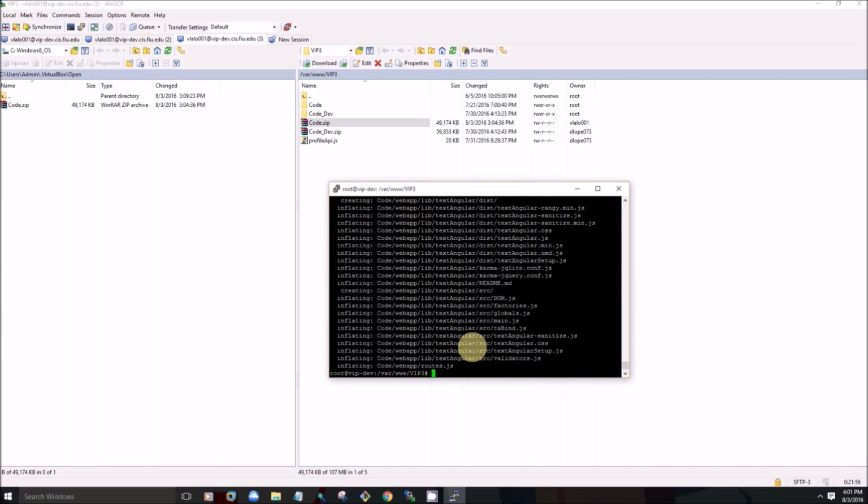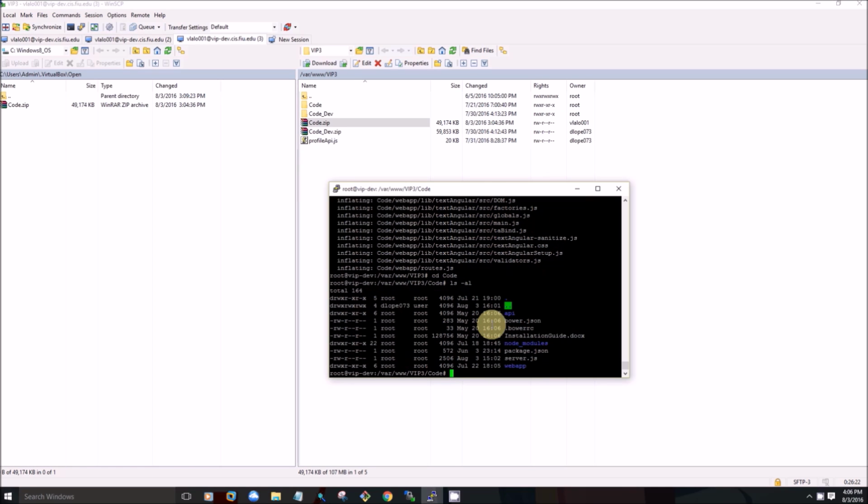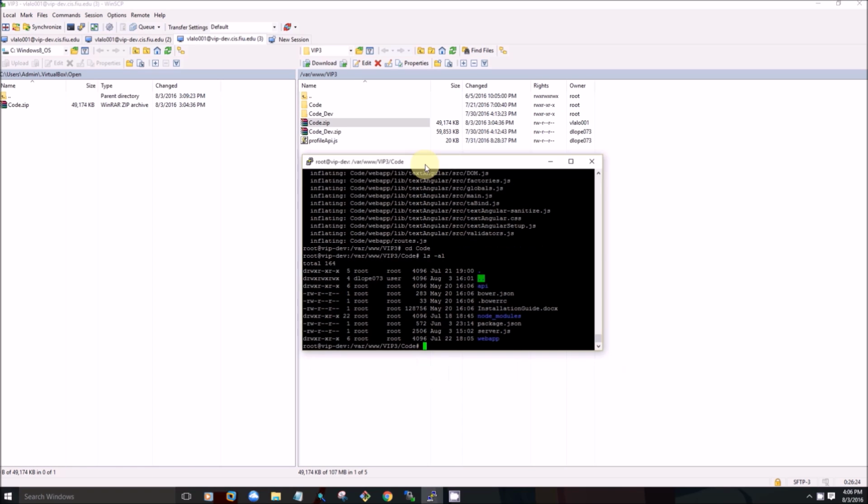And now all of our files are extracted. So now we navigate to the code folder, and we're ready to start the server. The way you start the server on the live server is actually a little different from how you do it on localhost. On localhost, you would just type node server.js, but on this live server, we're actually using a module